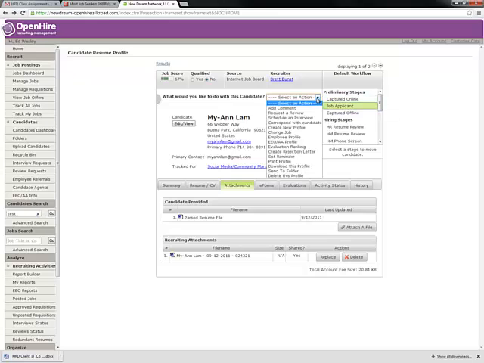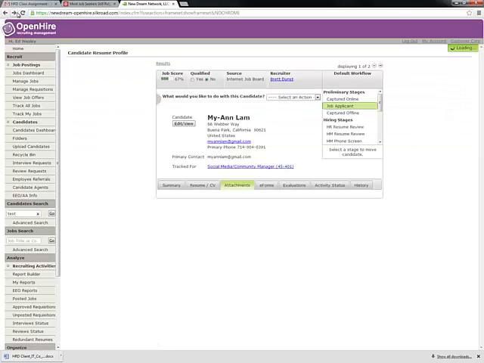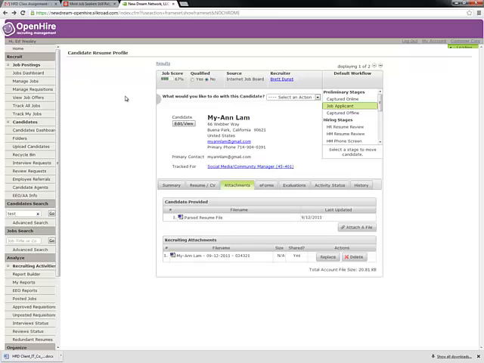If I go back over to the other side here, and you can see underneath what we'd like to do with this candidate, I have the option to send this person a rejection letter. So if the person's been in the system and we're not moving forward, and we know that, we can go ahead and send them out a rejection letter. So that's pretty much an overview of an internal working of an applicant tracking